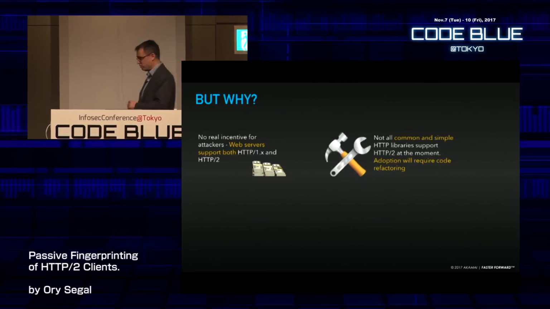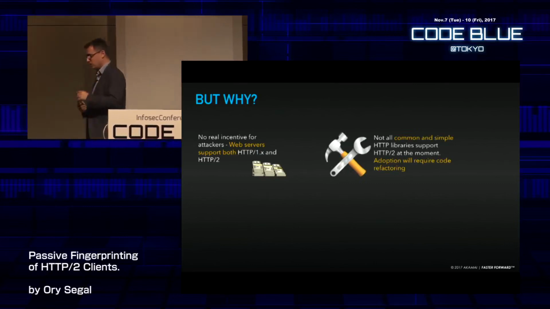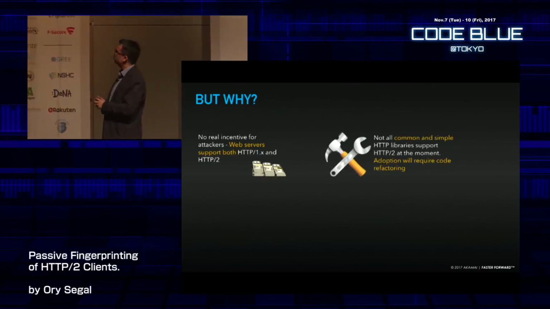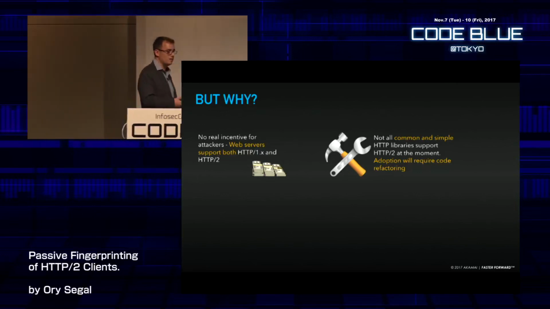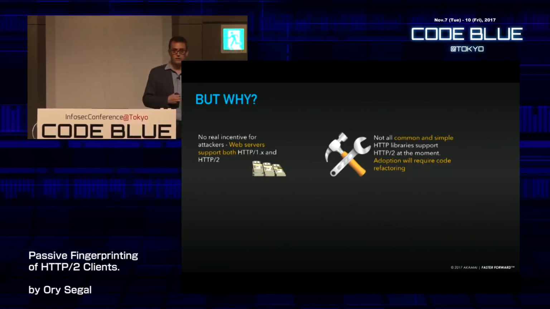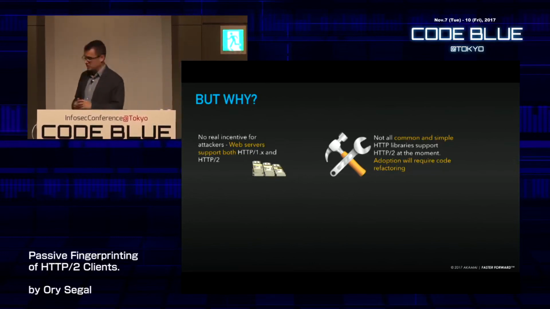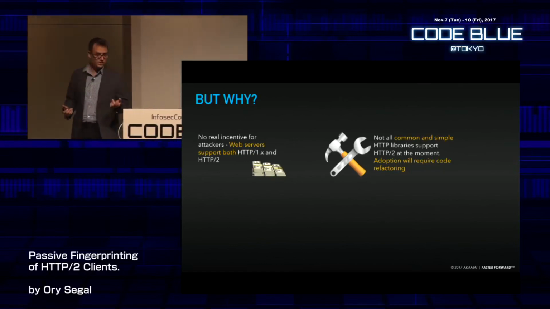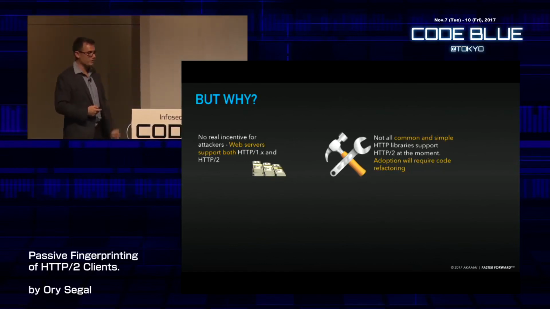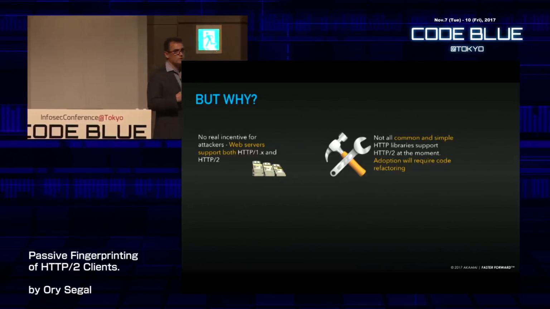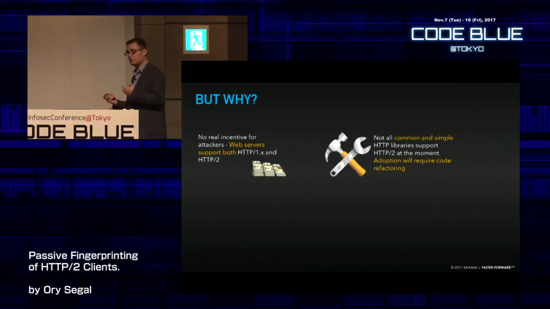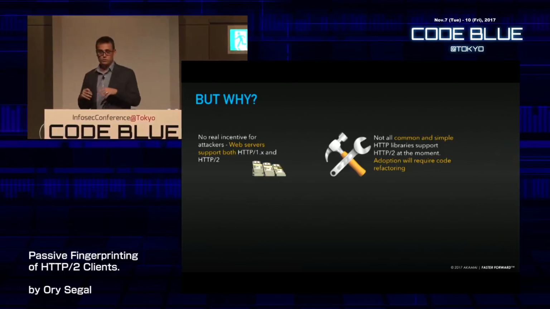The other problem is the support of libraries. There are more than a few libraries that support HTTP2. However, they are not the normal, common, prevalent libraries that we see for people who write tools that use HTTP. So urllib in Python, which I personally use, or LWP in Perl, etc. They don't support HTTP2. You have to use new libraries, which means that you have to refactor your code to support these libraries, or else you have to do this on the wire.